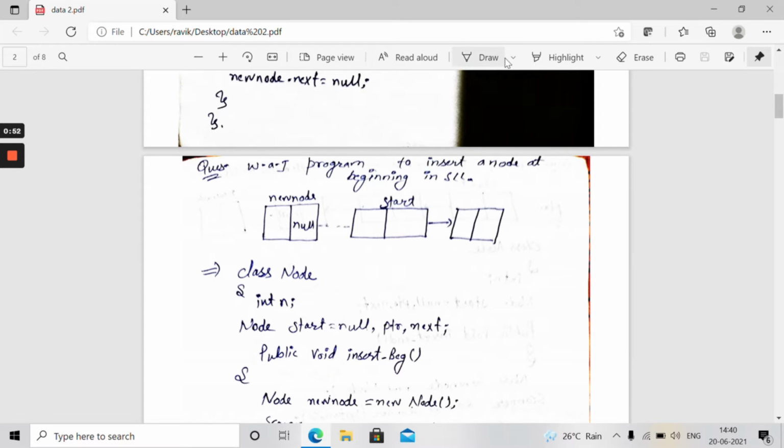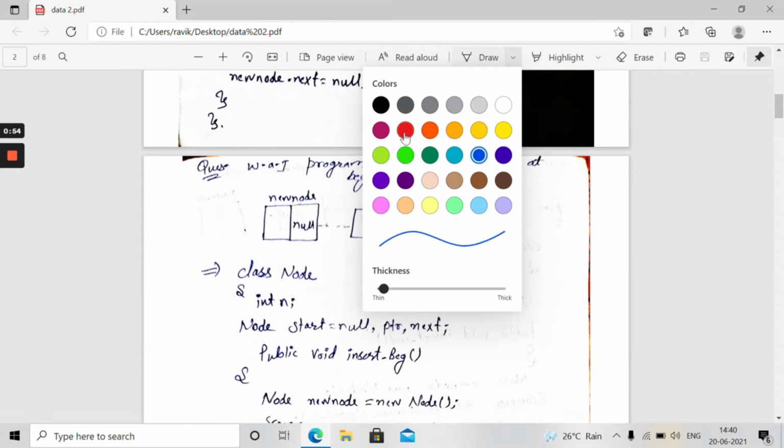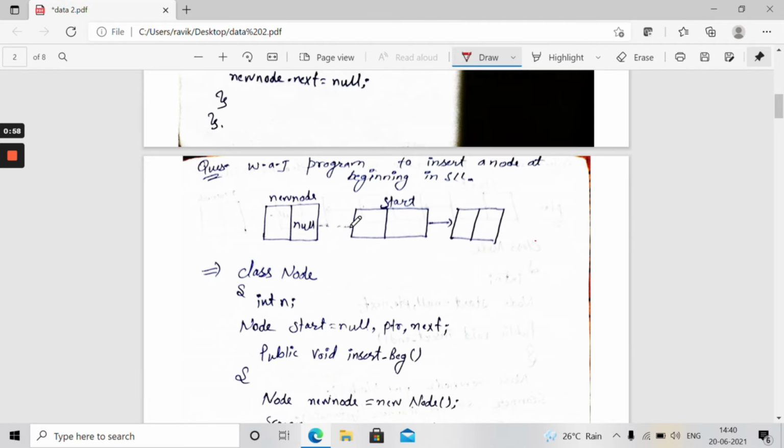Now guys, let me take a pencil to make this much clearer. First, what is the question? Firstly we are going to understand the question. What does the question say? Write a Java program to insert a node at the beginning in SLL. SLL means single linked list.